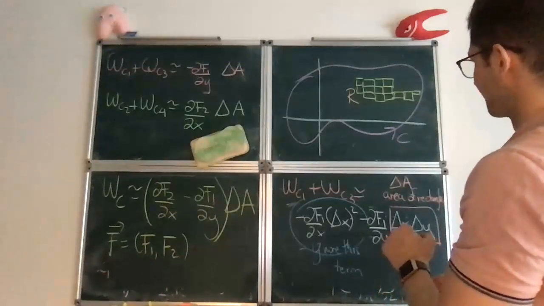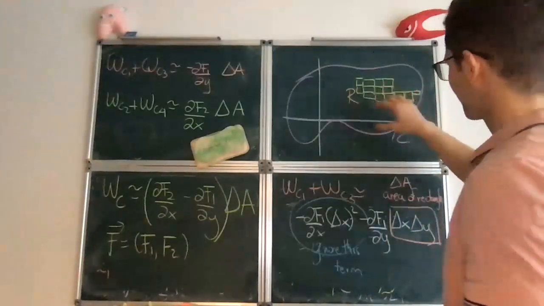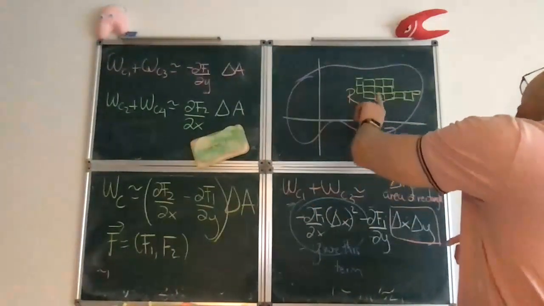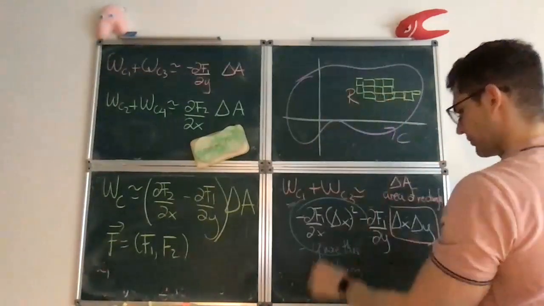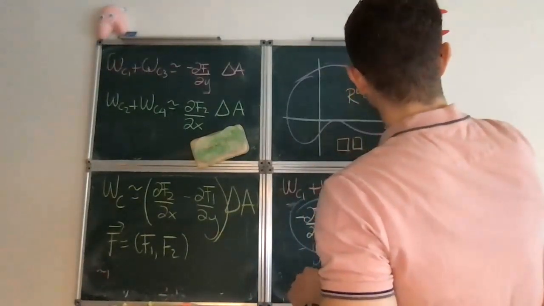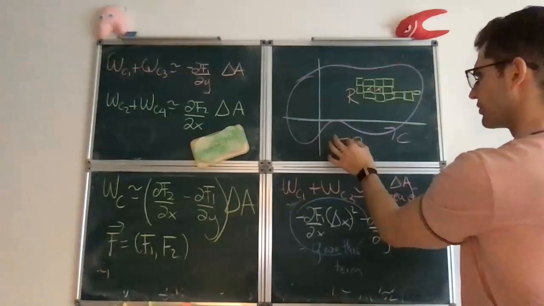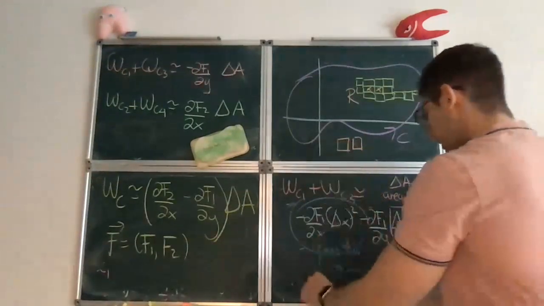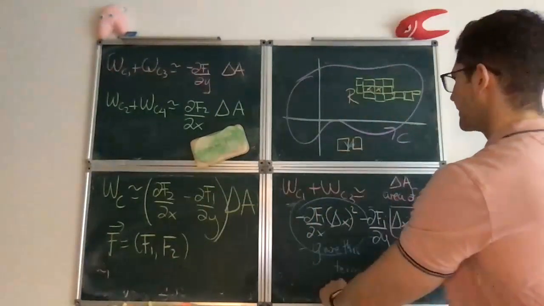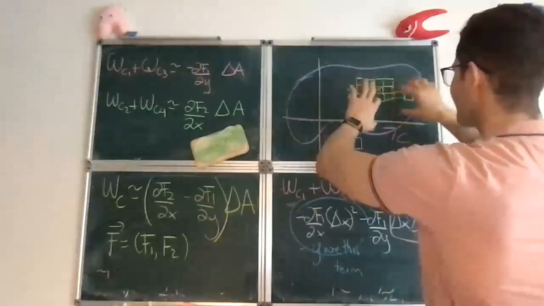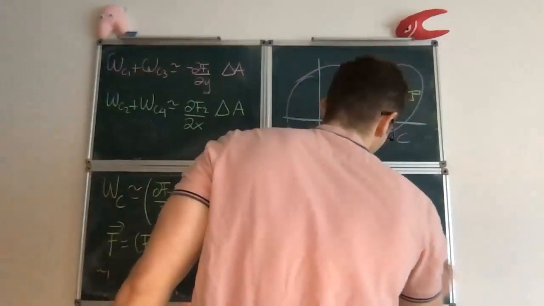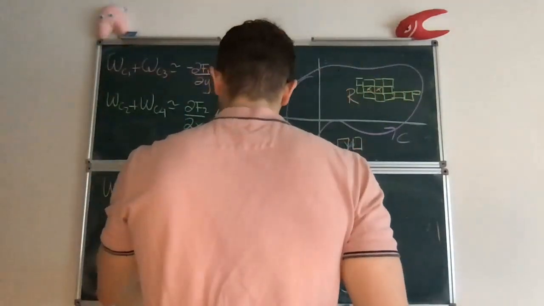The point is that you start approximating the region by rectangles where you can apply this approximation, and sometimes some segments are being counted twice, right? Because when you put two rectangles together, imagine that you take this one and this one. When you paste them together, then the work which was done along this segment gets cancelled with the work done along that segment. So in the end, the interior works get cancelled and only the work along the exterior survives. And this is a statement of Green's theorem,